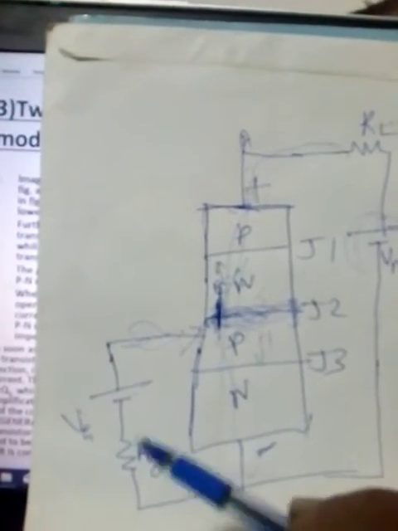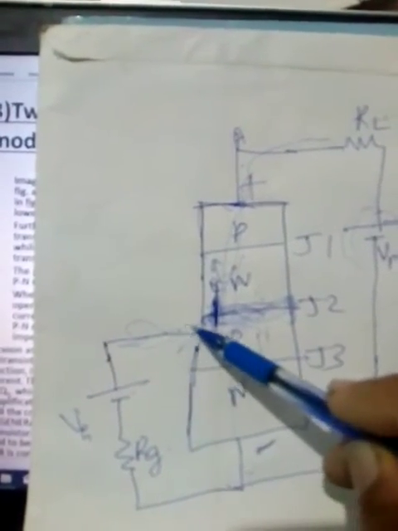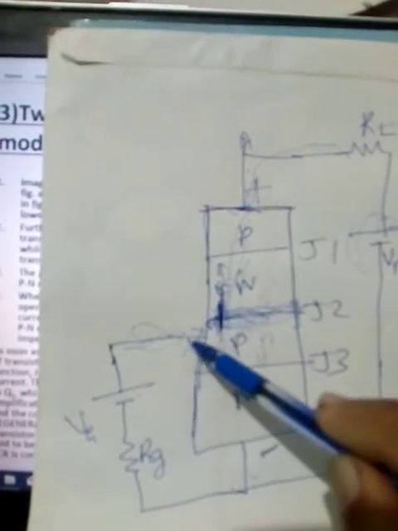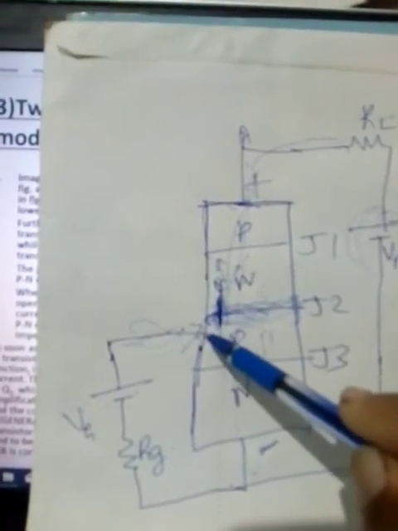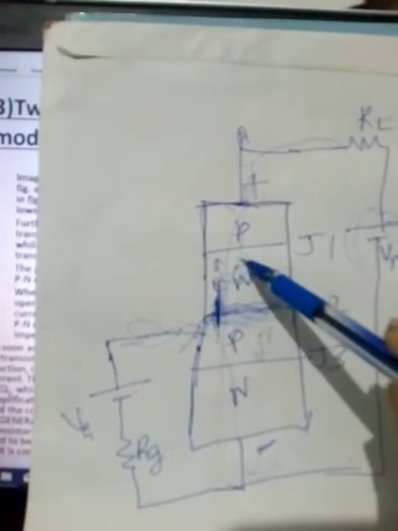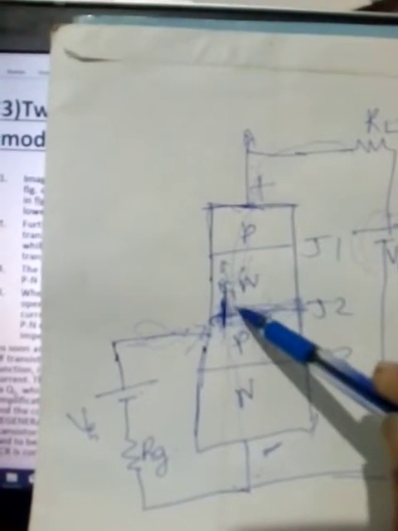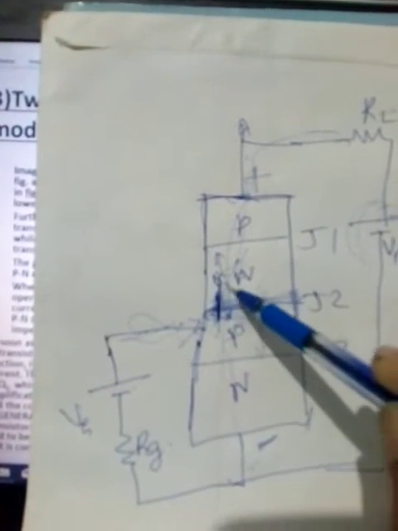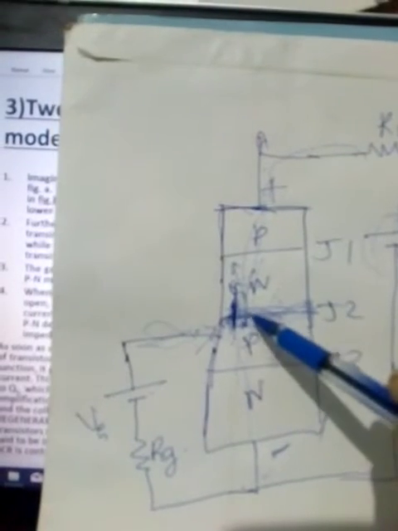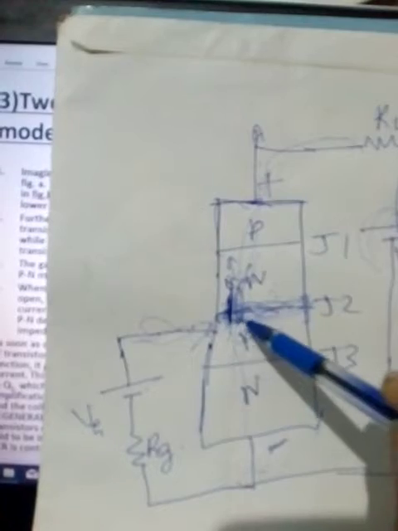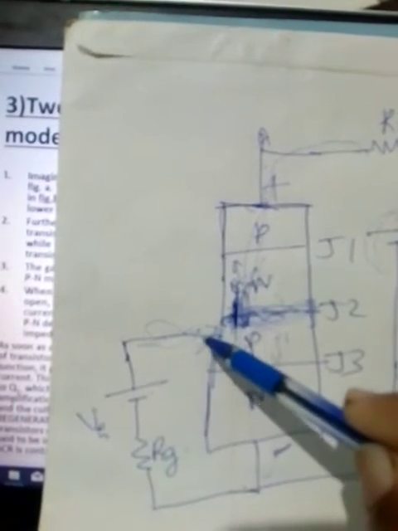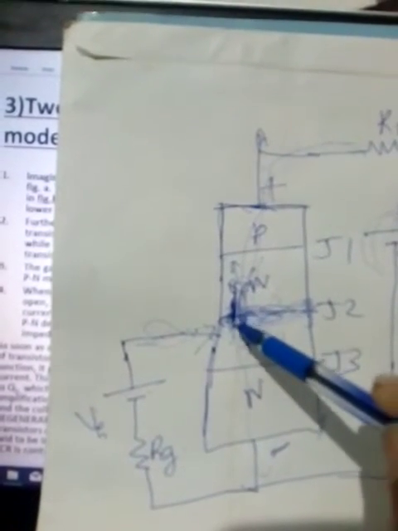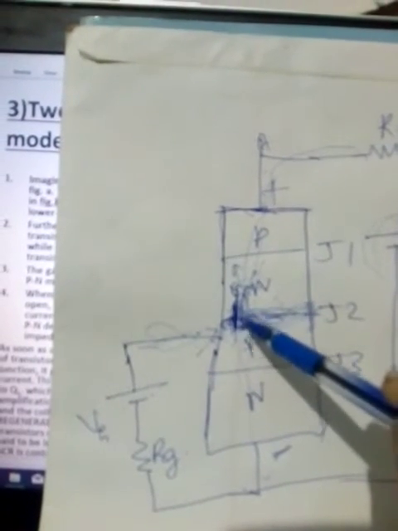Okay. When you give a positive current here, because of the positive polarity here, what will happen is the electrons in N region will be pulled downwards into the third layer. So electrons will rupture or break J2. A few electrons, the small current is enough, because once few electrons are forced to this region, what will happen